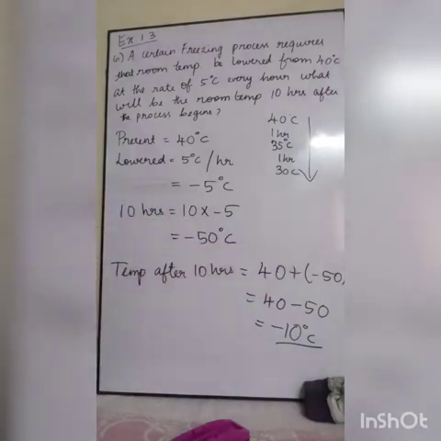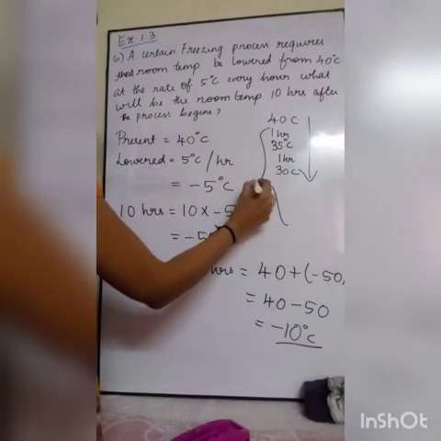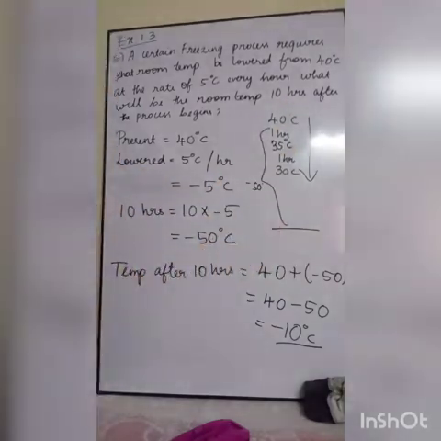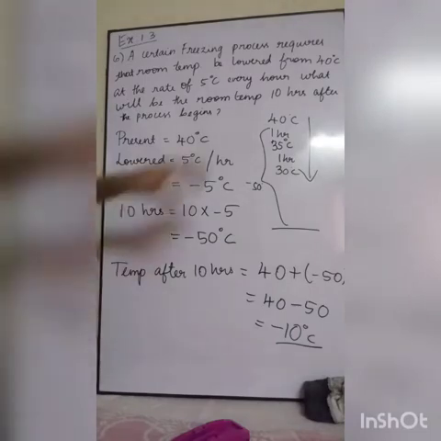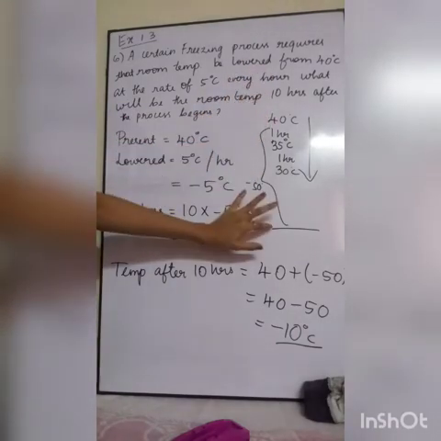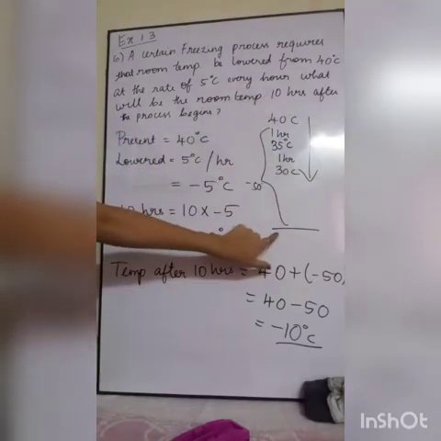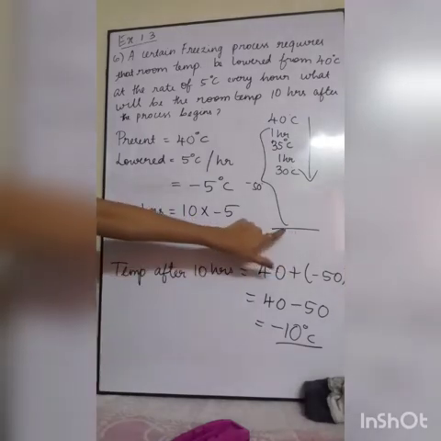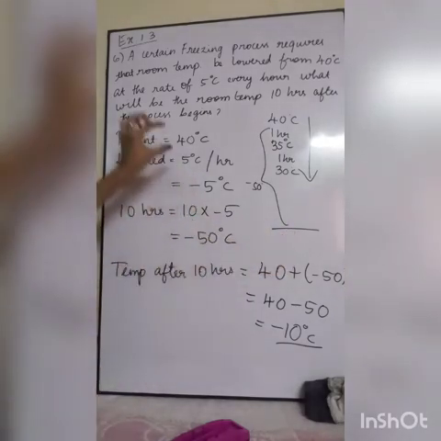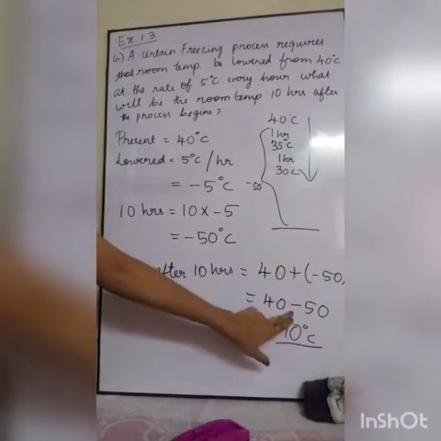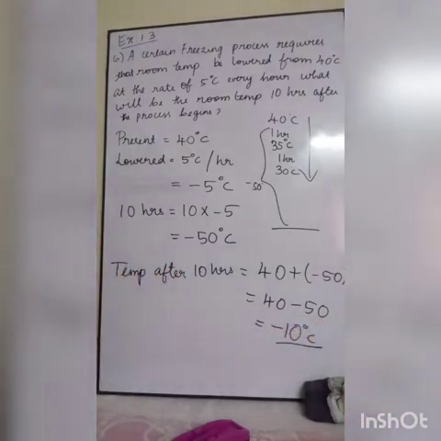Listen, this whole reduction is minus 50 degrees Celsius. If you combine this and this fully, you will get the end point. The 40 degrees is our present temperature, and this minus 50 degrees is the reduced value. If you add those, you reach the temperature after 10 hours. That is what I have added: 40 plus minus 50, plus into minus gives minus, so 40 minus 50 is minus 10 degrees Celsius. So after 10 hours, the room temperature will become minus 10 degrees Celsius.